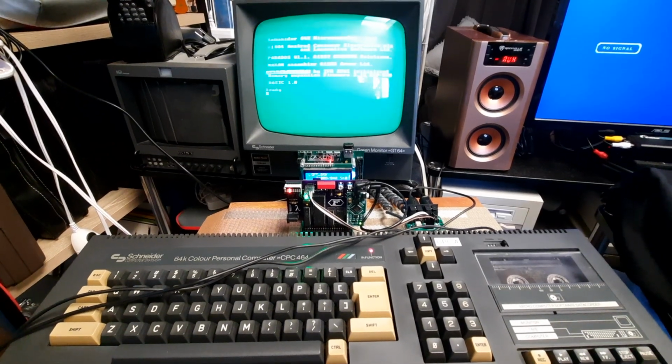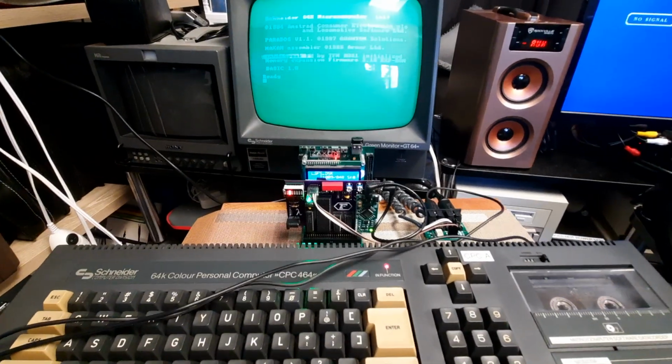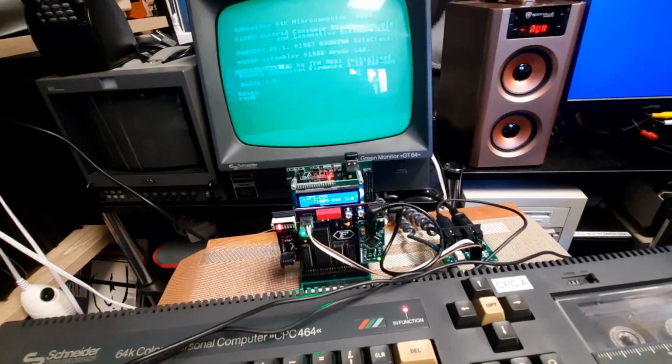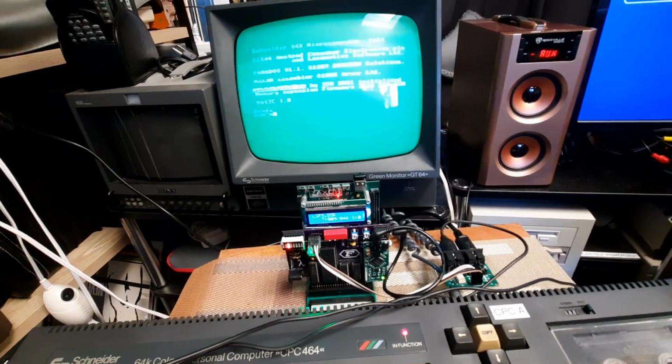Hello CPC folks, shall we play some MIDI on the CPC? Alright, let's do that. So what we set up here is a CPC and a LambdaSpeak FS, which we put